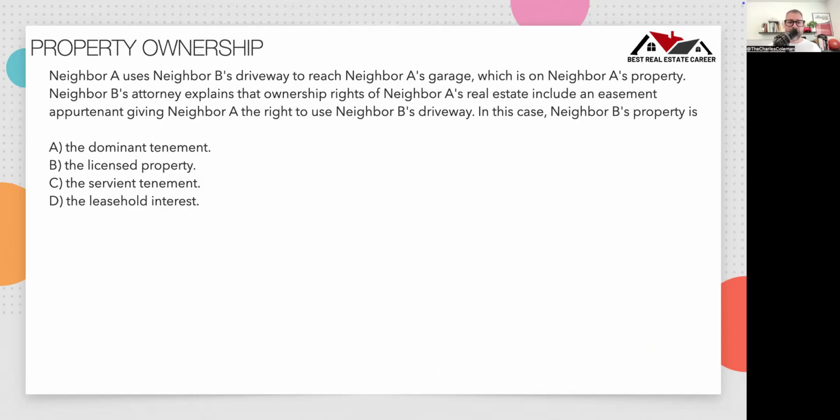Neighbor A uses neighbor B's driveway to reach neighbor A's garage, which is on neighbor A's property. Neighbor B's attorney explains that ownership rights of neighbor A's real estate includes an easement appurtenant, giving neighbor A the right to use neighbor B's driveway. In this case, neighbor B's property is